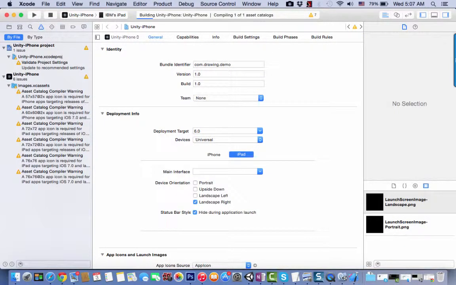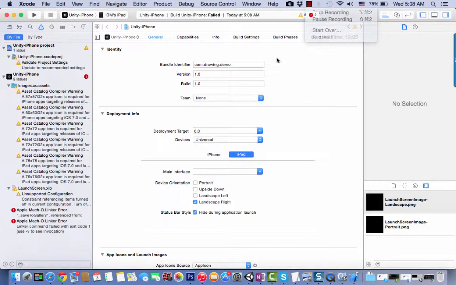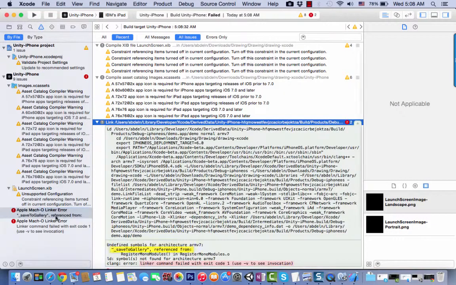So let me pause the video a little bit until we finish the build, the compilation. So if you go to the application here, we just got two notices. The first one is save to gallery. We got a problem with save to gallery, and the other thing is related to